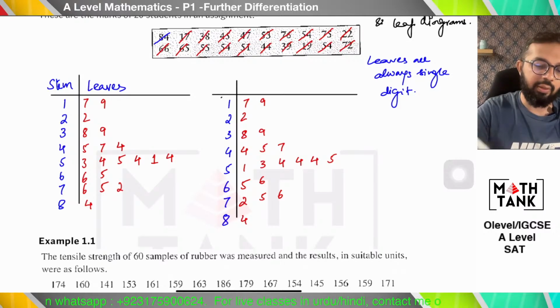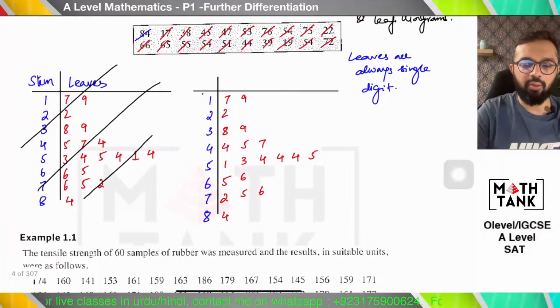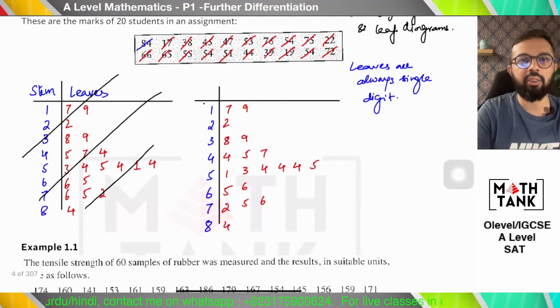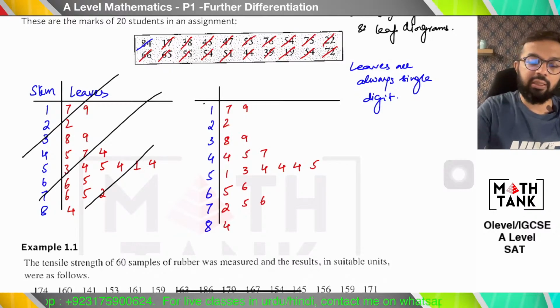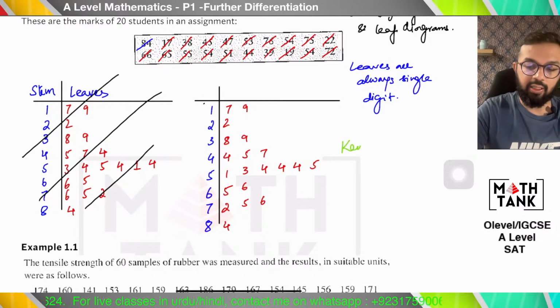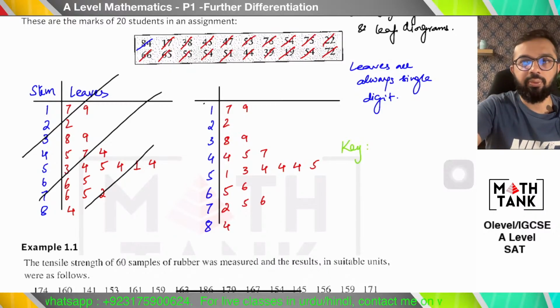On the exam, if you've done it twice, please make sure that you cancel the old one. Right? You just cross it out so that the examiner knows that this is your final stem and leaf diagram. One thing that this is still missing is what we call a key. You should tell the examiner how you are trying to read the stem and leaf diagram, because it's important